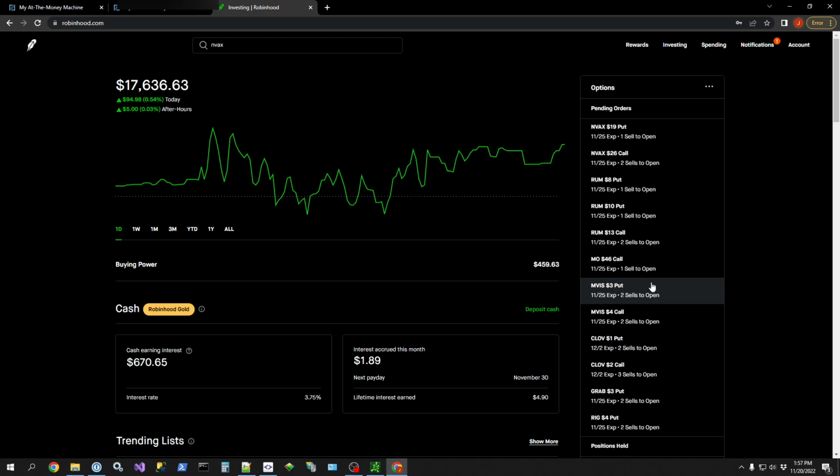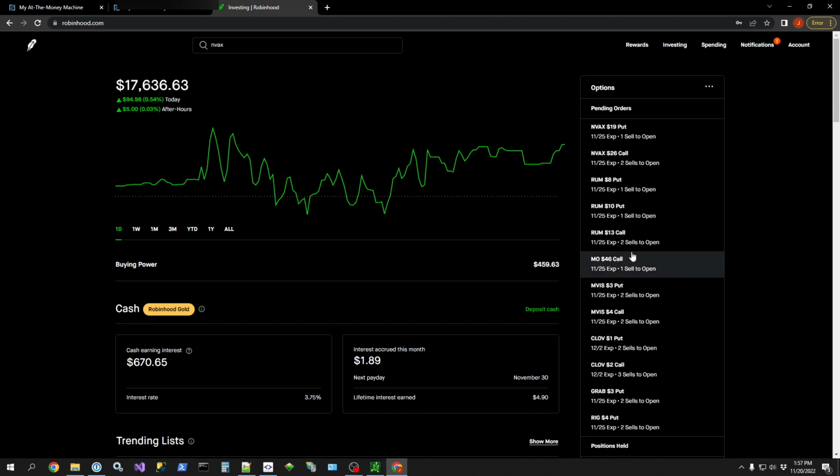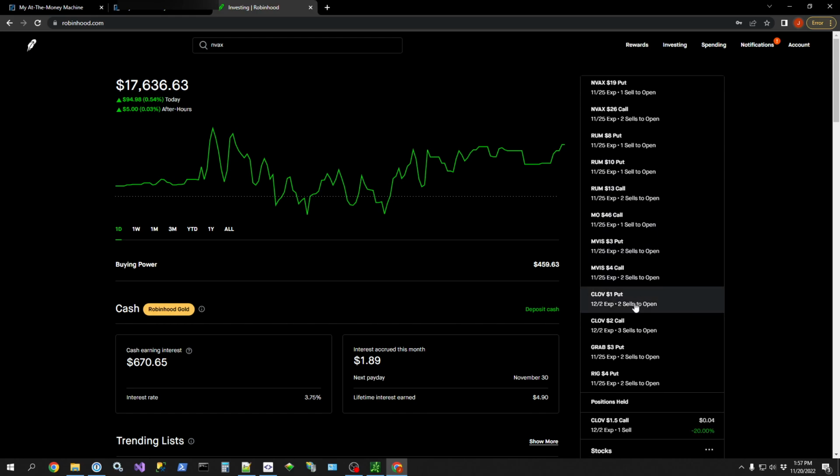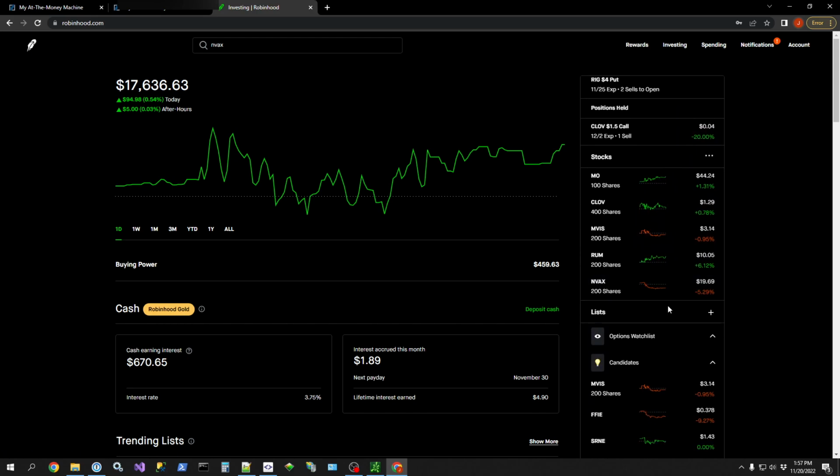And some of these lower priced positions, I may or may not use this money to enter another put on the other side, possibly on like MVIS or Clove, or maybe even grab a rig. We'll just have to wait and see how the executions take place tomorrow morning. But other than that,